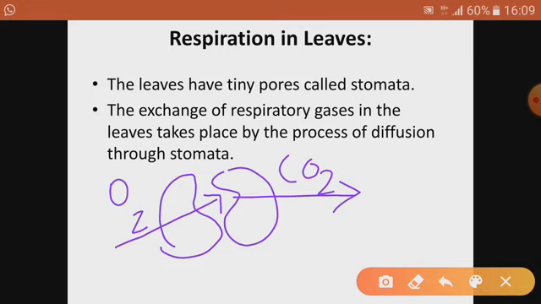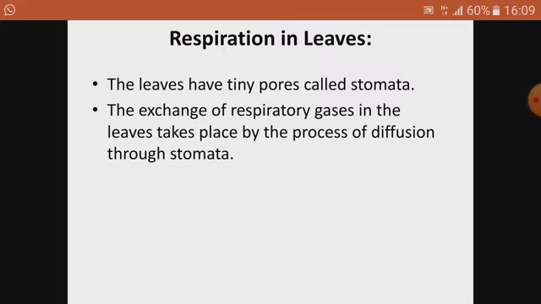It depends upon which process we are talking about. As a whole we say they are important for exchange of gases, but if it is respiration, oxygen gets inside and carbon dioxide comes out. If it is photosynthesis, the inverse, carbon dioxide gets inside and oxygen comes out. So stomata are the natural windows of the plant for exchange of gases.